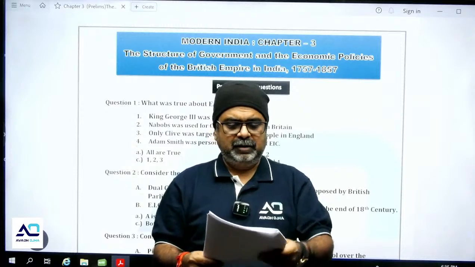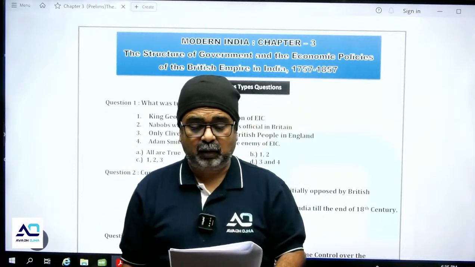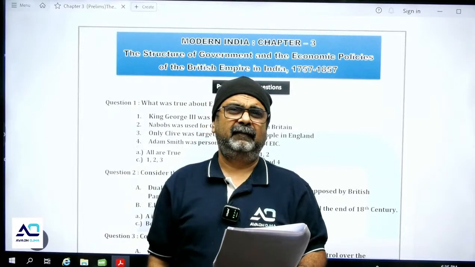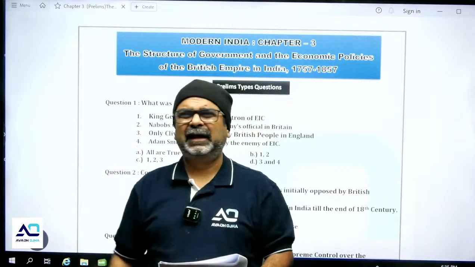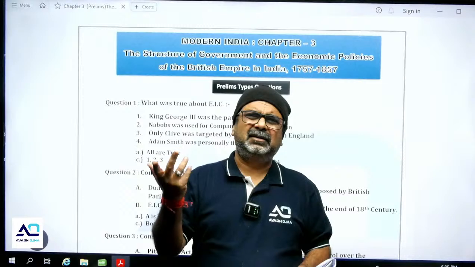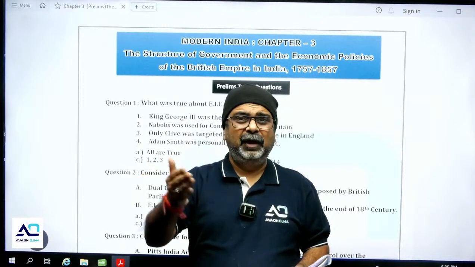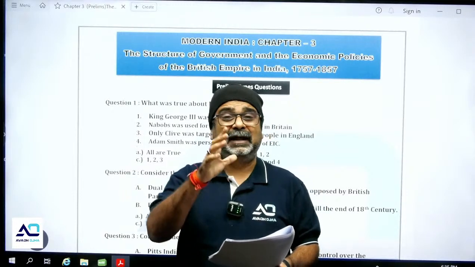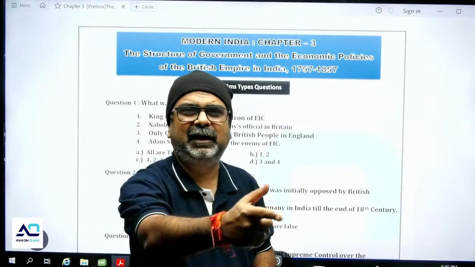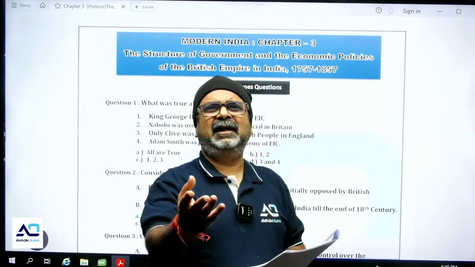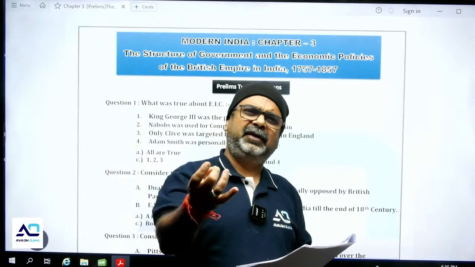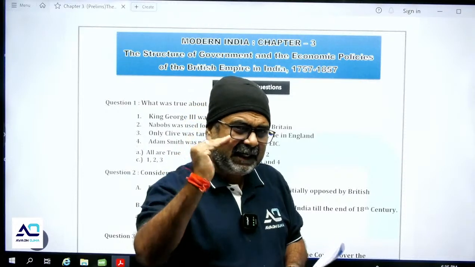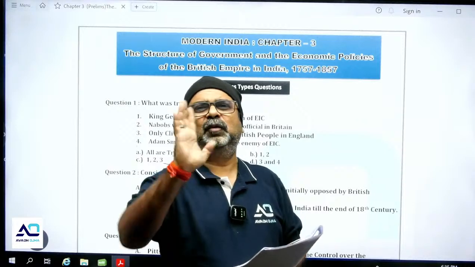Match the following. Robinson Crusoe. Now these novels are very important. Robinson Crusoe talks about the Indian demand for Indian calicos in Britain. What is literature? Mirror of the society. You mug up the books, but you don't know why to know about them. This novel Robinson Crusoe tells about the status of Indian textiles in Britain. History is created by three evidences: archaeology, literature and foreign accounts. So which literature is relevant to a particular period, that you should know.